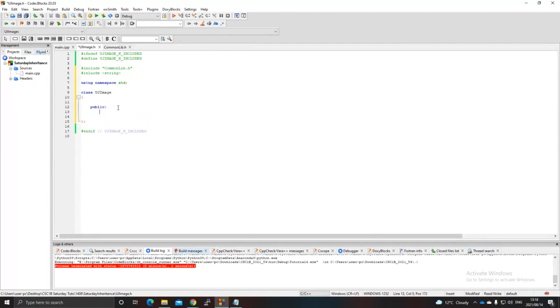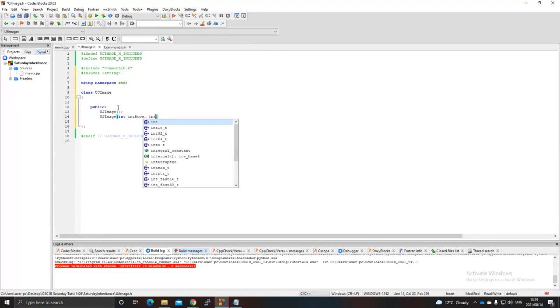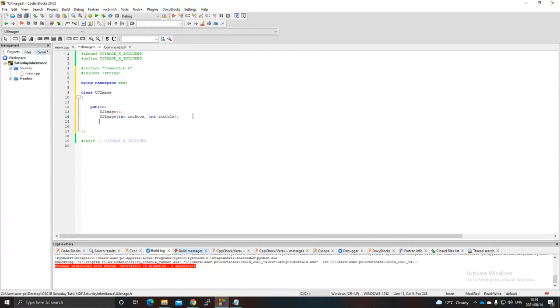Let's just shift this over here. We're going to have our default constructor, which we don't really have to focus on from now on, because int rows, int calls, and then let's just copy this,